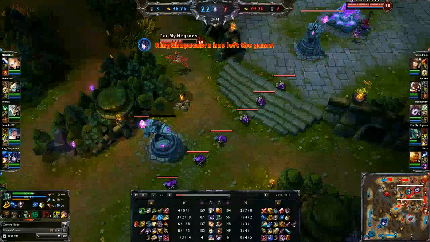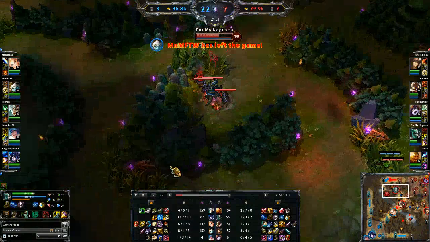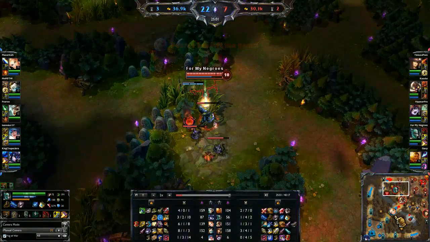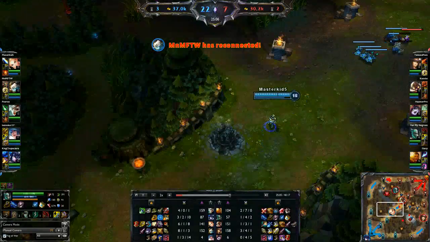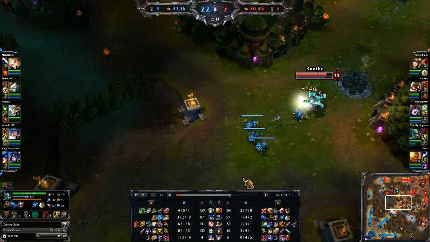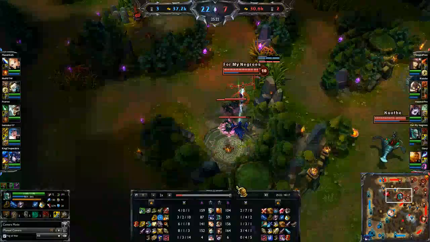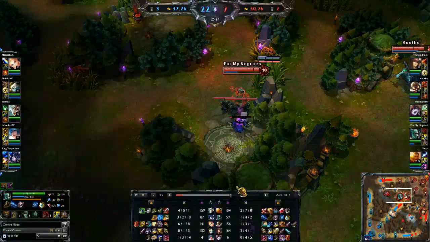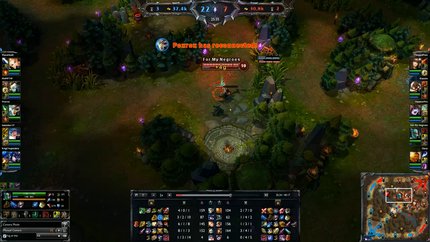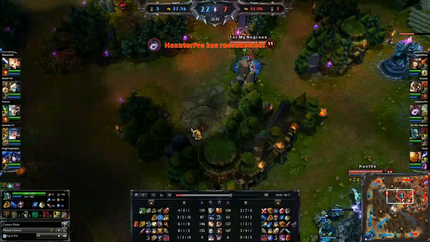I hope this isn't people just... Oh no, it seems like we just have a mass disconnect. Wow, a mass disconnect. Oh no. Wow. What is going on? This was unexpected. So this actually gives you a bit of a chance to farm up and come back into this game. Wow. I usually don't like saying, well, the only way you can come back is having a team disconnect, but